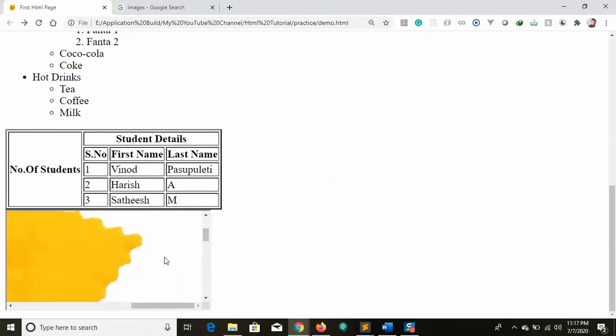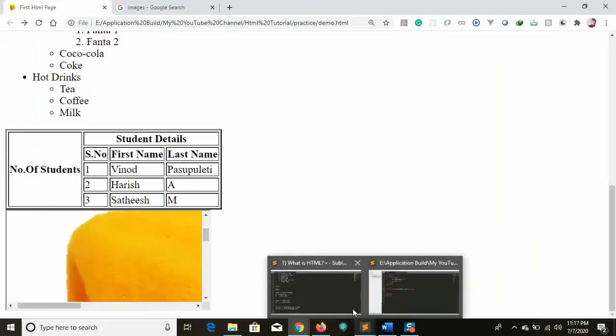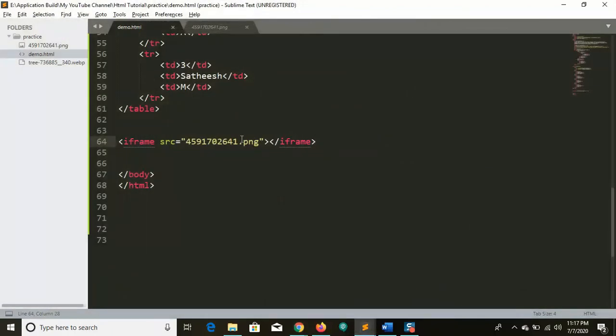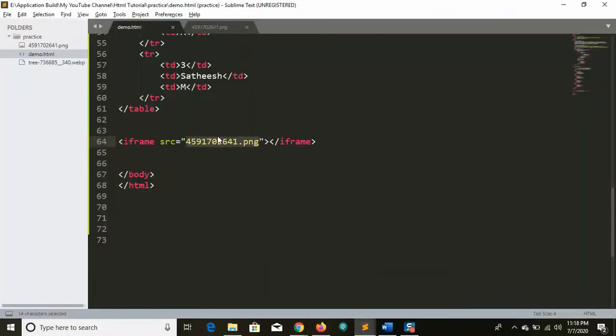In the same way, we can get other files also. For example, if you want to give any HTML file, we can pass it into the src. From there, the page or file will be loaded into the iframe. Okay, let me place this HTML page into the iframe. This is the iframe, right?